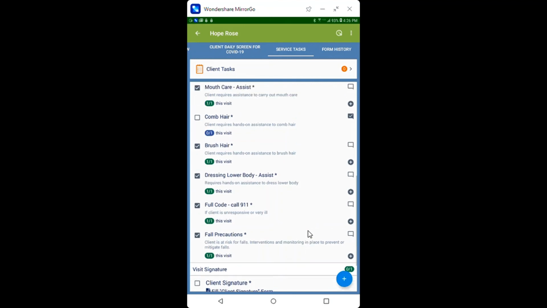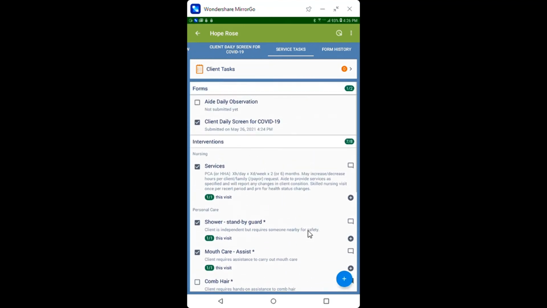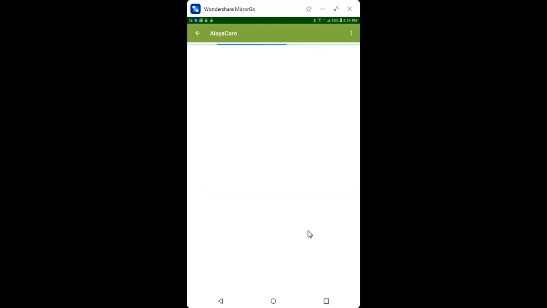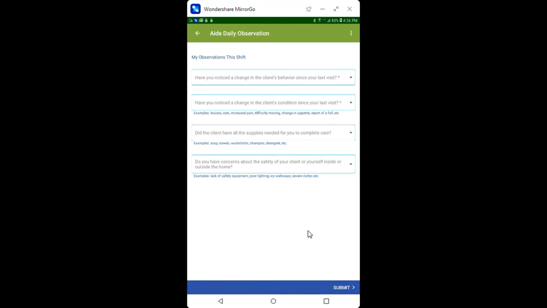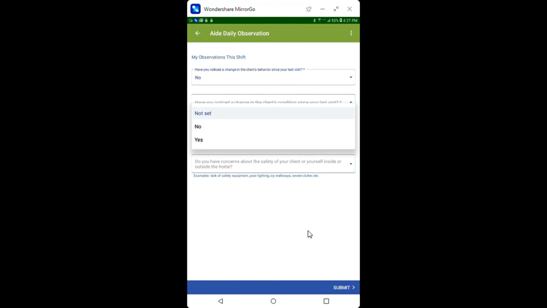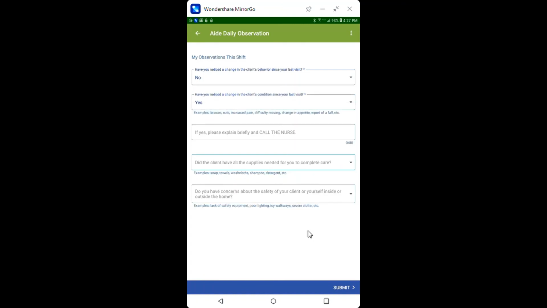Before we can finish, we do have to go back to that daily observation, and if I click on that, it's going to bring up the form. And you're very familiar with these questions because they're the same ones that were in Procura. Have you noticed a change in your client's behavior since the last visit? No. Have you noticed a change in the client's condition since your last visit? Okay. If you say yes, because they have a bruise or something like that,